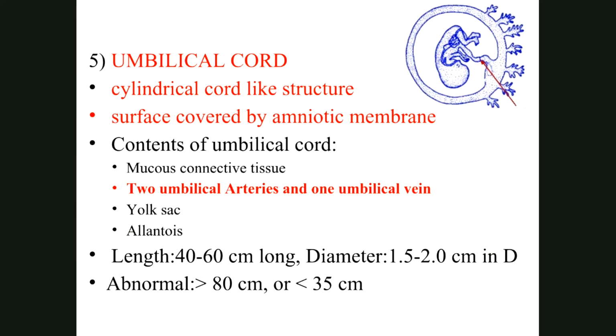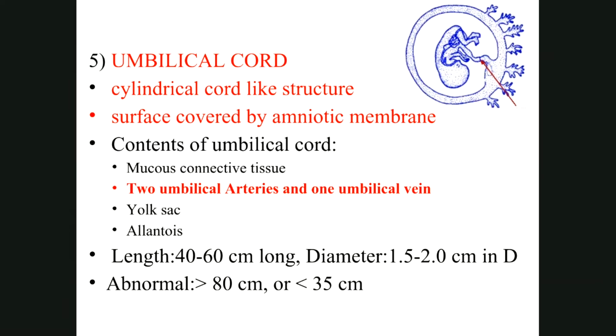The circulation is reversed, like the pulmonary circulation in the body. So fetal circulation is a reverse circulation. The umbilical arteries carry deoxygenated blood and the umbilical vein carries oxygenated blood. This reverse circulation you should remember in the umbilical cord. Apart from it, the umbilical cord contains the yolk sac, allantois and some connective tissue. But at least we should remember the most important content of the umbilical cord is the umbilical arteries and the vein. Arteries are 2 and vein is 1.